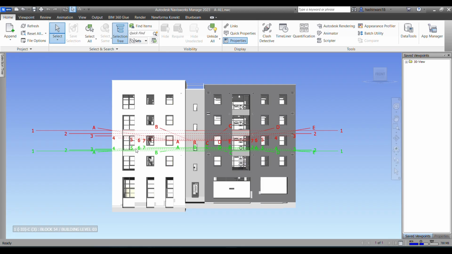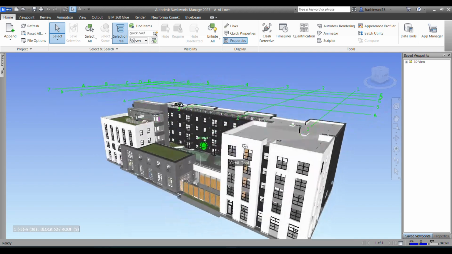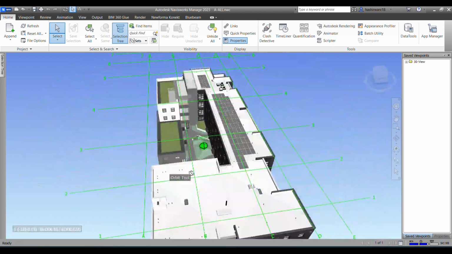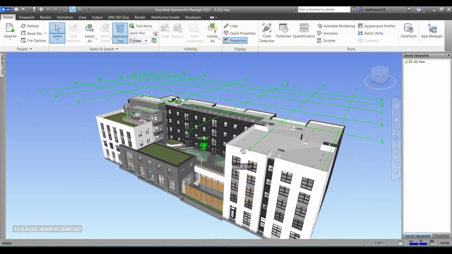So this is my NWC model of my project. You can simply navigate it by pushing down the shift key, and then also pushing down the scroll button. So simultaneously pushing down on both the buttons, you can simply orbit it. We're going to be learning about all the navigating tools, but first of all, let's use this particular box. We can simply click on this corner, and it gets